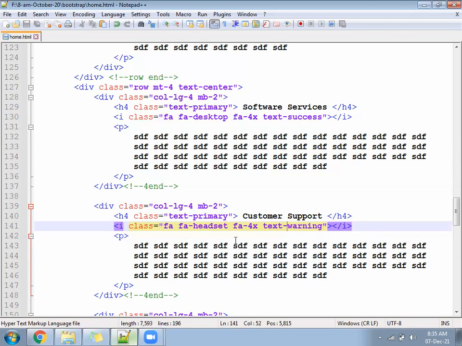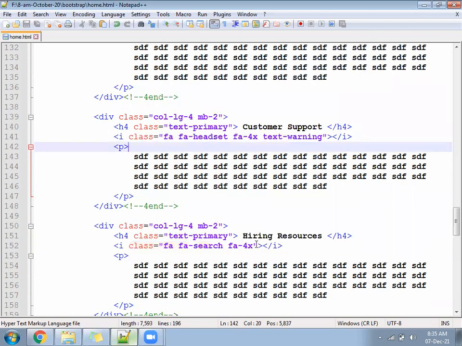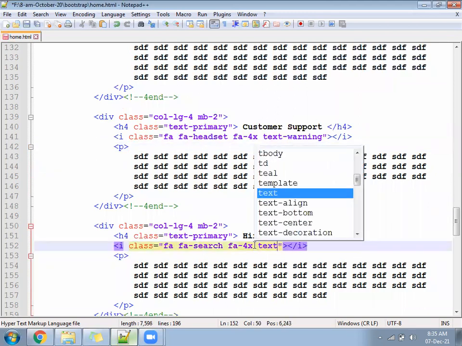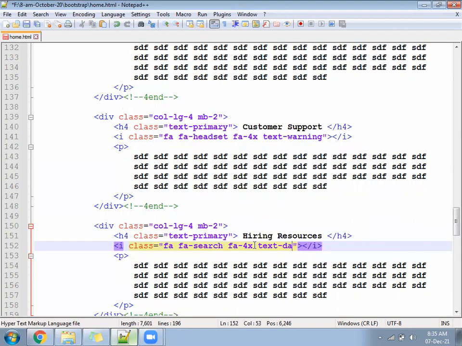Okay, next after that, the third icon should be text hyphen, which color? Info and primary both will be the same. Keep a different color, danger you can write. Red color will come.